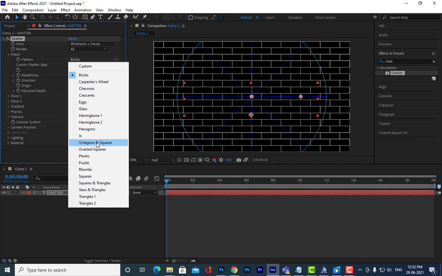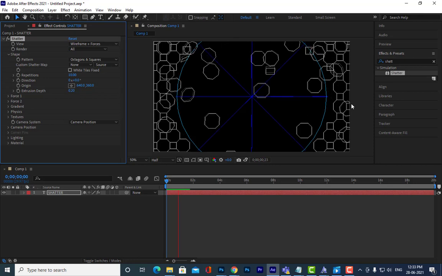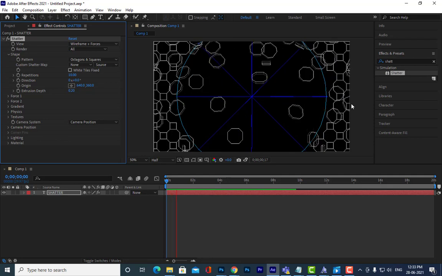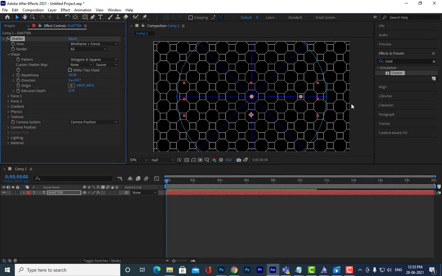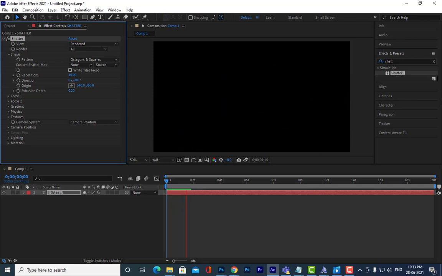But we can change it to other patterns. For example, if you select octagons and squares and hit space bar, you are getting octagons and squares. Is it clear, all of you? Let me keep it to rendered again and hit space bar.